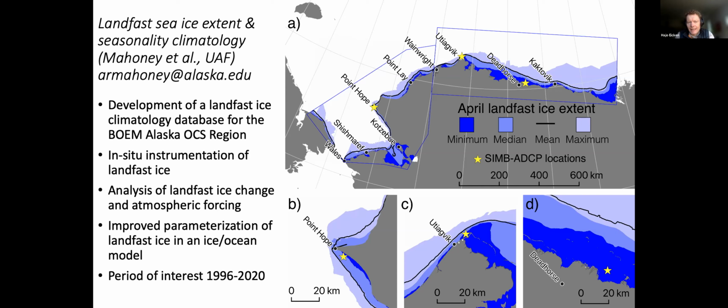The idea being that roughly 2 years from now, there will be a very detailed climatology and associated data sets for landfast ice data, mostly extent and seasonality. There's also, as seen here by these yellow stars, some deployment of sensors, so that there are some through-ice measurements, ice thickness in particular. But this may be of interest for the group as well. And again, all of this is part of the ARDAC data portal.